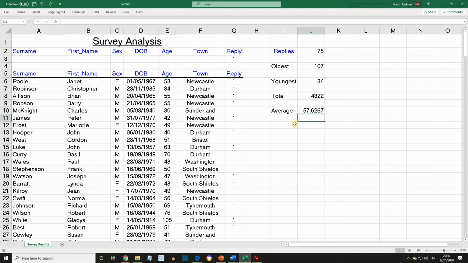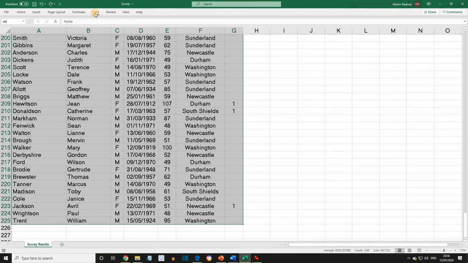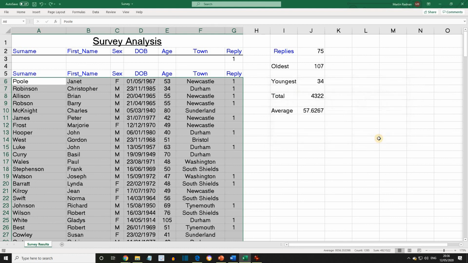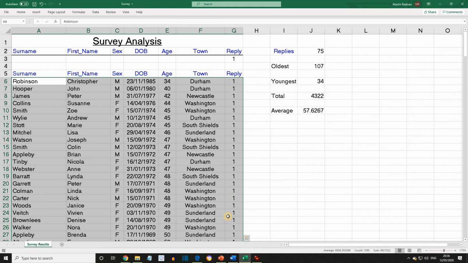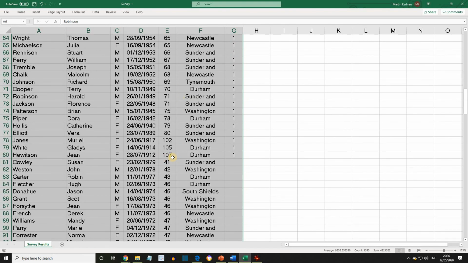The final thing to do, just to check the oldest and youngest figures, if we select the entire set of data, and then the Data tab, Sort, if we sort by reply, and then add a level, and sort by age, we will now find all the replies are the ones that are at the top of the list, and the lowest age was indeed 34, and the highest was 107,